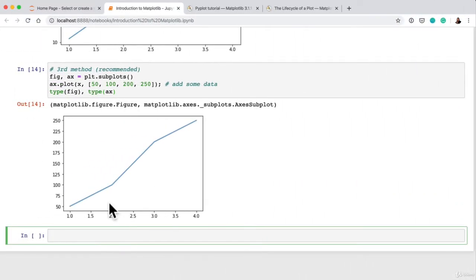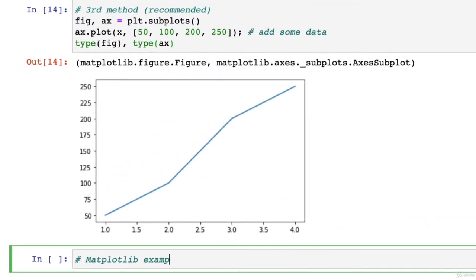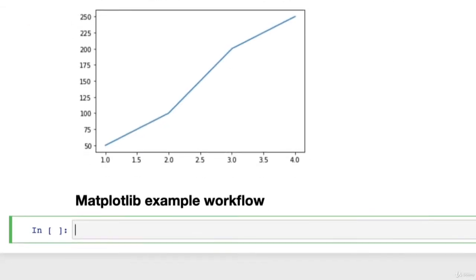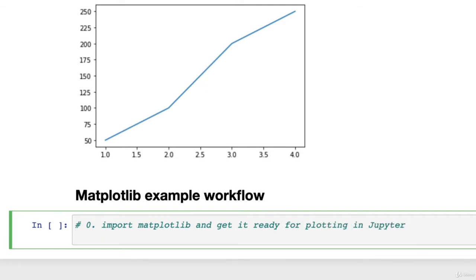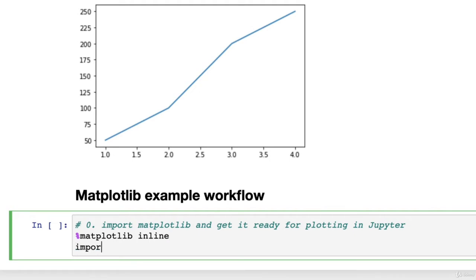Now that we've kind of understood the fundamentals of Matplotlib with the figure and the axes, let's check out a workflow in its entirety. So we'll type in here, Matplotlib example workflow. Maybe we'll make this a heading so it's a little bit separate. Matplotlib example workflow. So step 0 is import Matplotlib and get it ready for plotting in Jupyter. Beautiful. Now we've already done this, but I would just want to do it all in one cell so you can see it happening. %matplotlib inline, import